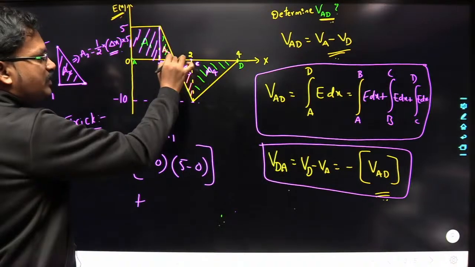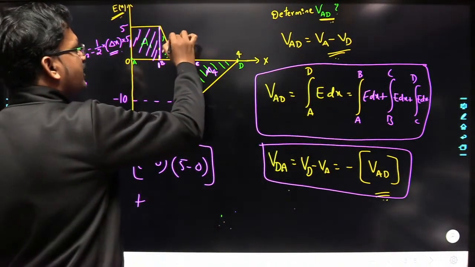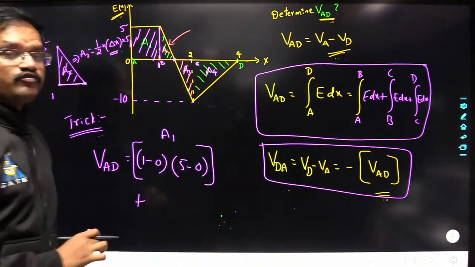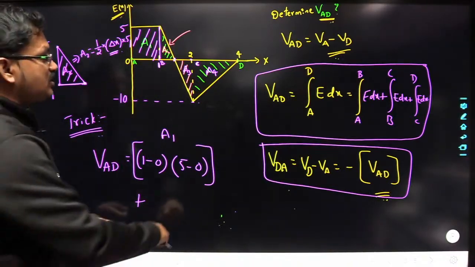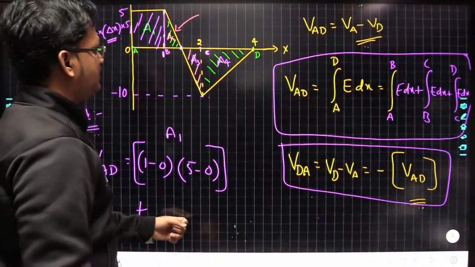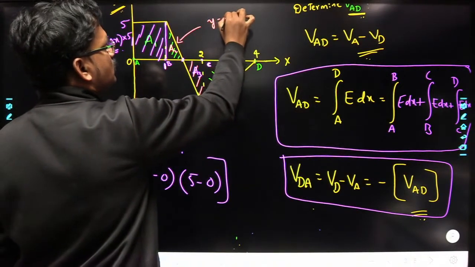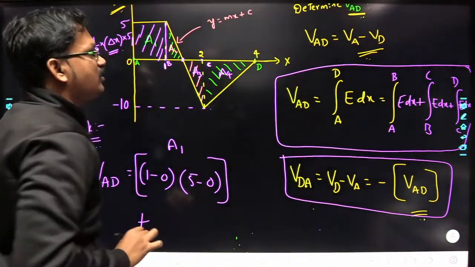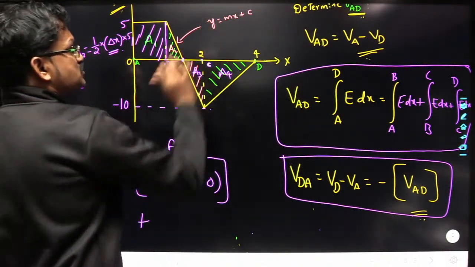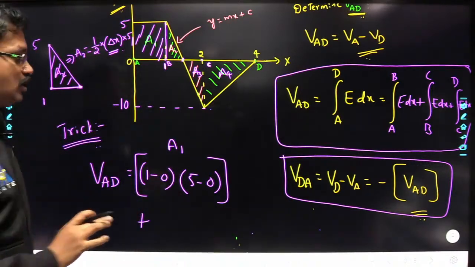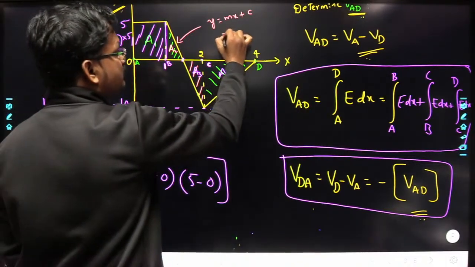In order to determine this point, I'll try to write the expression for the equation of this line. So what is the equation of this line here? How can I write it? Tell me. This is just like y is equal to mx plus c. Understood? Okay. Now m represents the slope of this line. So what is the slope of this line here? Tell me. So the slope of this line is equal to